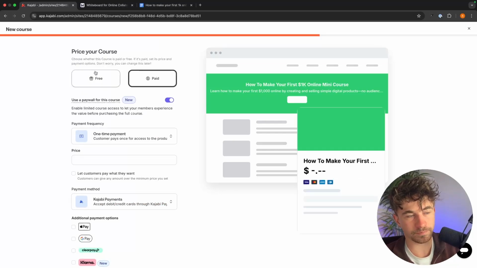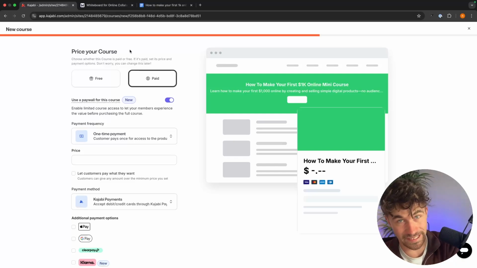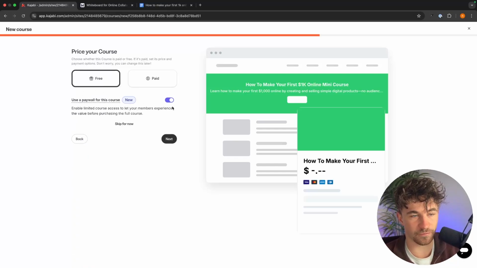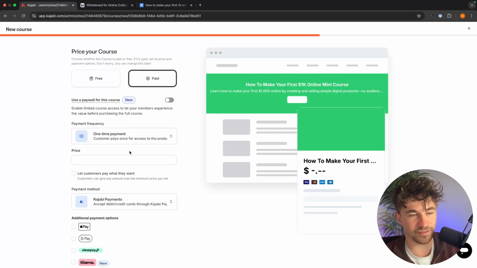Then we can go into next. And in here where we are pricing the course, this is where it depends on if you are making this a lead magnet or if you are selling this for low ticket. So if this is a lead magnet, of course we want to set this for free. And right here, user paywall for this course, we always want to turn this off. So we can set this to free if this is a lead magnet, or if this is a paid course,